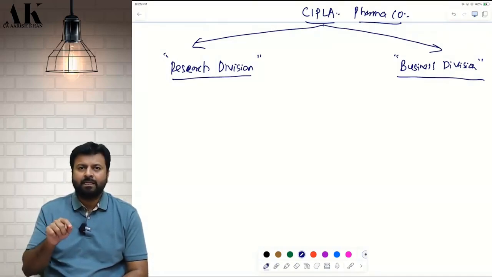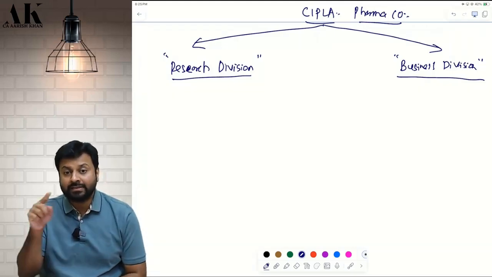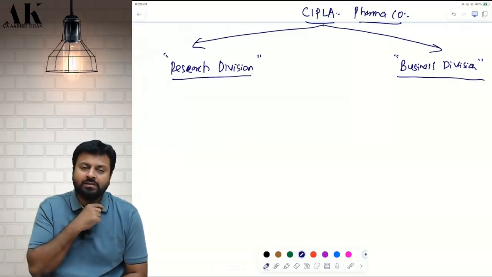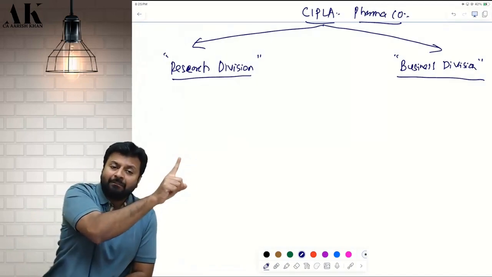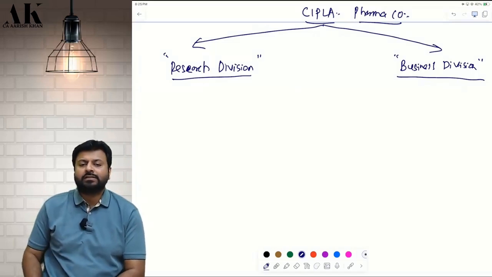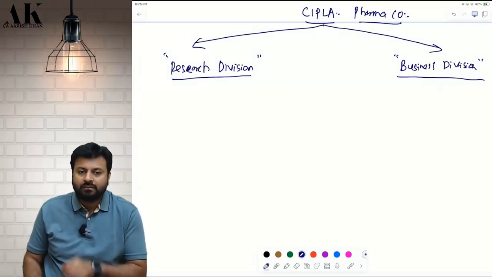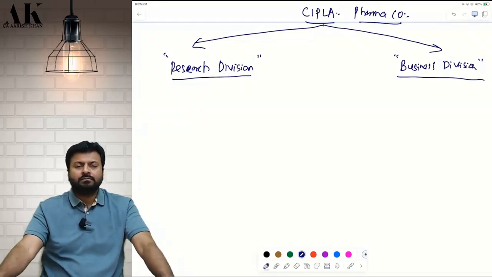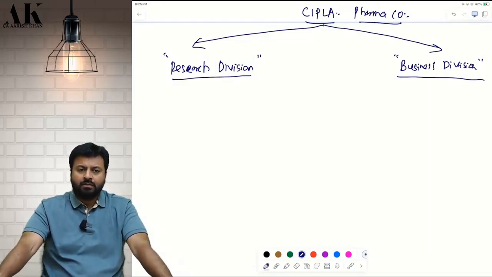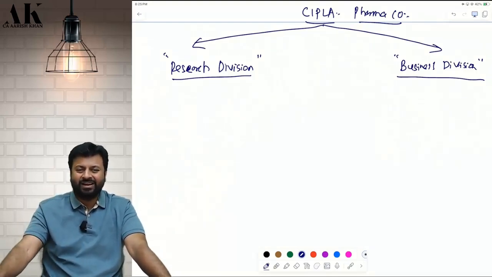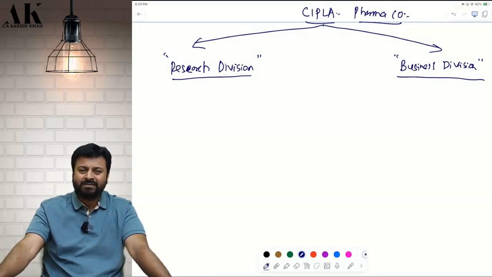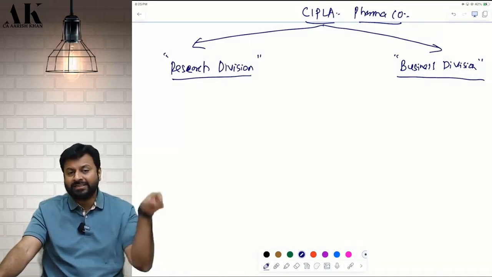The thing is, if Cipla is purchasing any asset or if Cipla is incurring any revenue expense for research and development, then that is eligible for deduction under this section. Suppose Cipla is buying an air conditioner for the finance department, then that is not eligible for 100% deduction. Are you able to understand or not? And that is eligible for depreciation, the way everybody takes. Yes, if Cipla is buying some air conditioner for the laboratory for research and development, yes, that is eligible for 100%